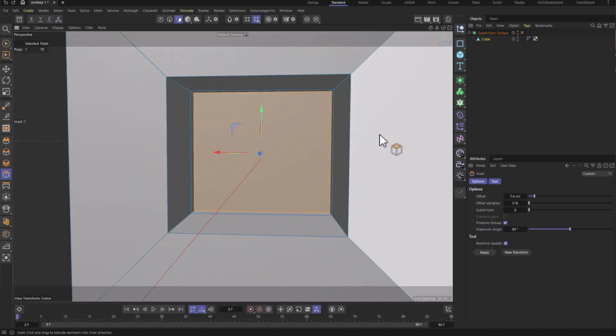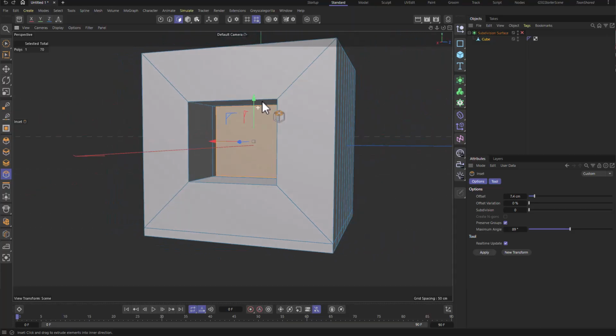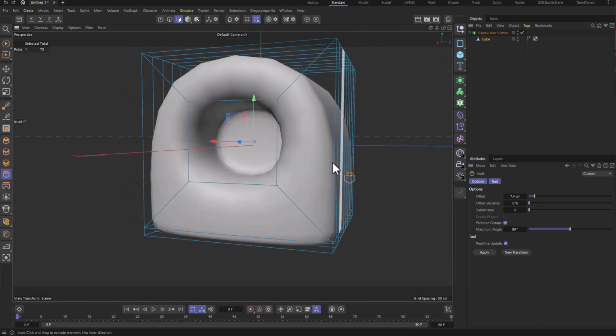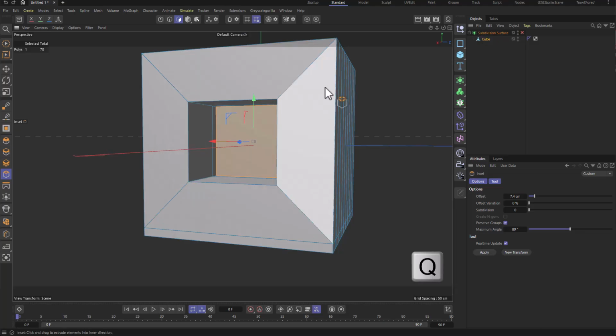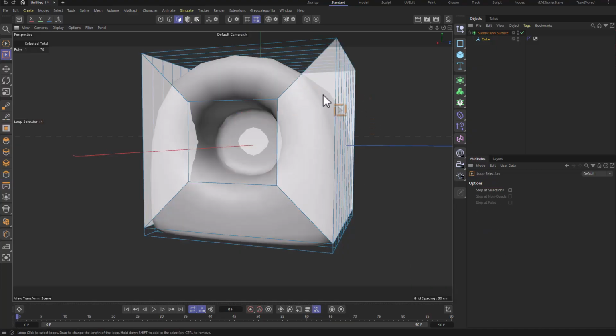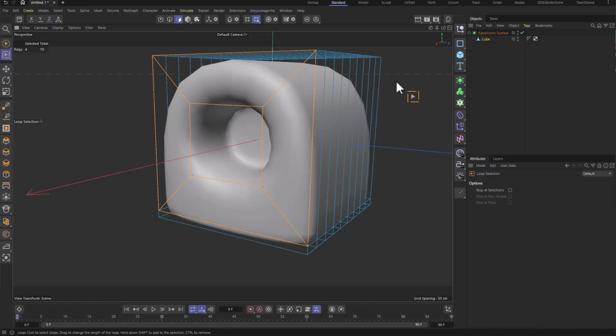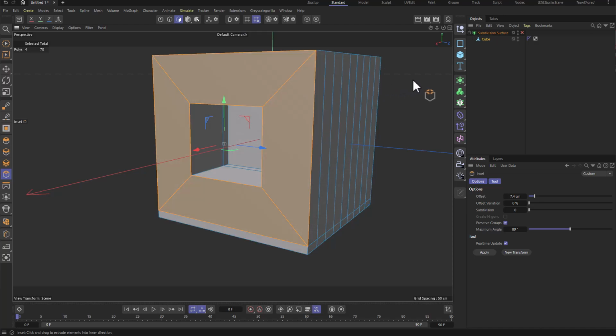You want to make sure that anytime that you are working with insets and extrudes and the subdivision surface, you are activating and deactivating your generator. Q on my keyboard is the shortcut for this. So for example, let's say I wanted this entire outer loop to be a little sharper. I would select it, UL for my loop selection, click on it once, press I for my inset, deactivate my